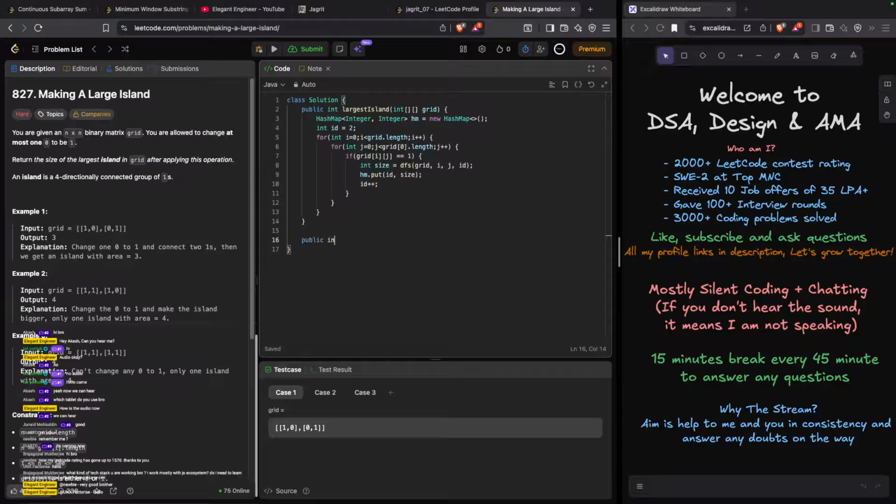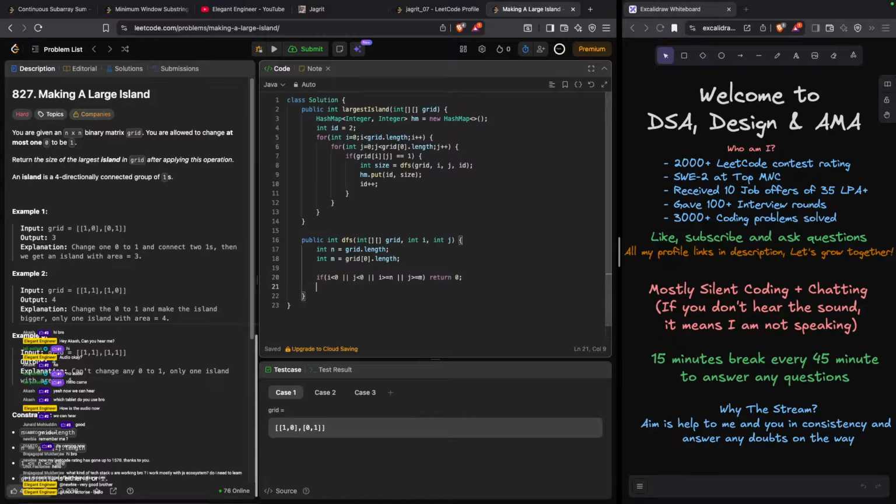Public int DFS is basically traversing the grid. int n is equal to grid.length, int m is equal to grid[0].length. If i or j is less than 0 or greater than or equal to the length, return.